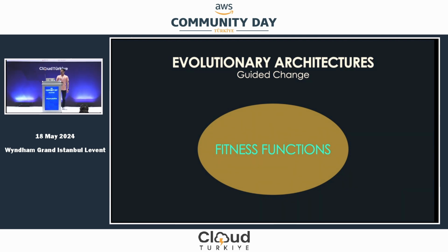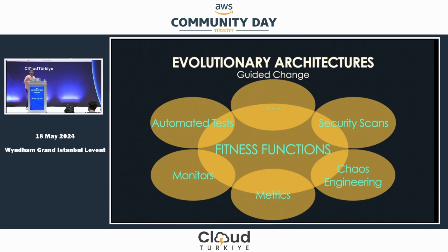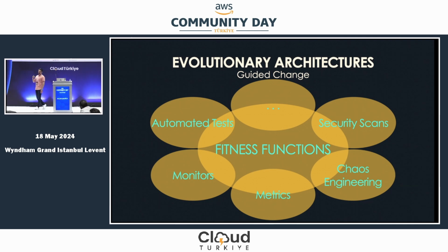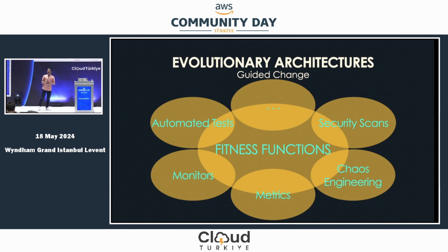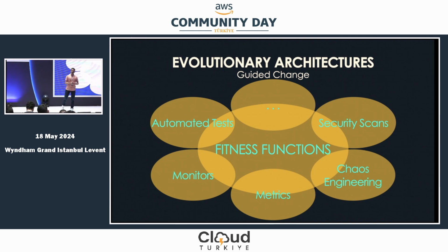So fitness functions come in different formats. It could be, for example, a unit test. If you're building a layered architecture, the unit test could be checking the calls between layers and make sure that you are not calling, I don't know, the database from the presentation layer. If you're building an API and response time or performance is a key dimension for you, a fitness function could be a load test that fires multiple requests for a certain amount of time, and for example, the response time should not exceed